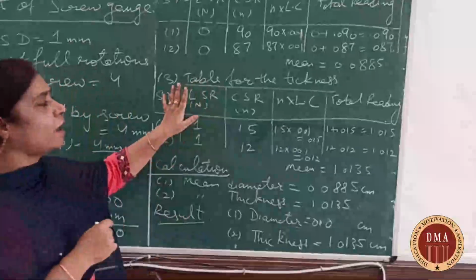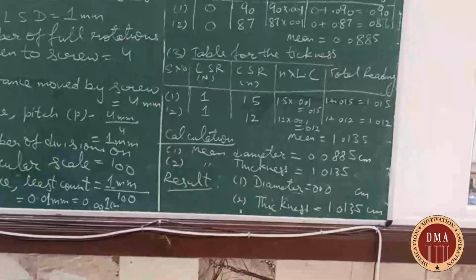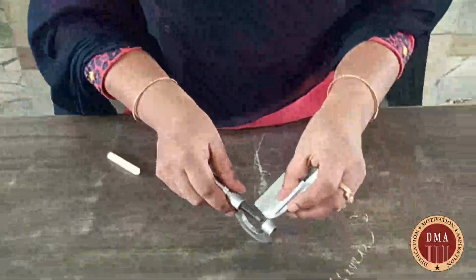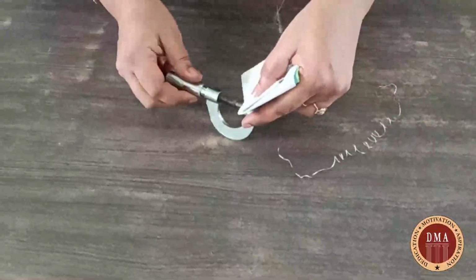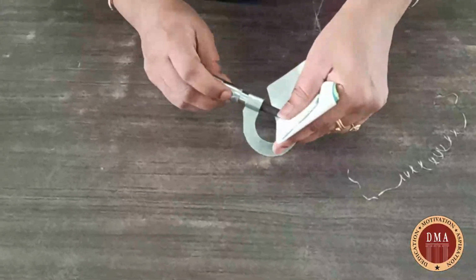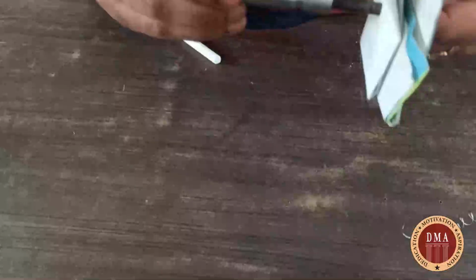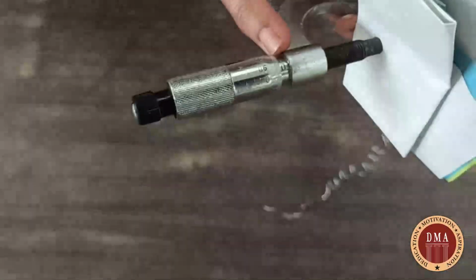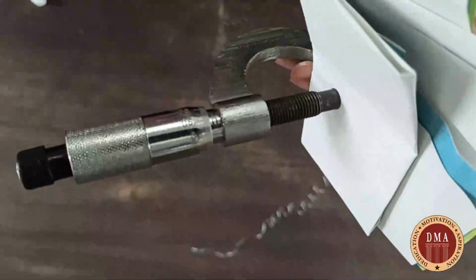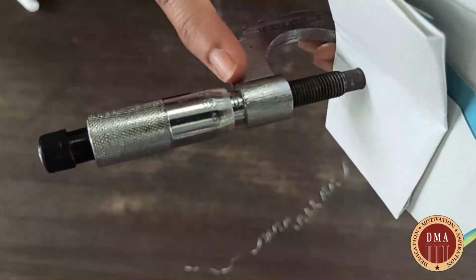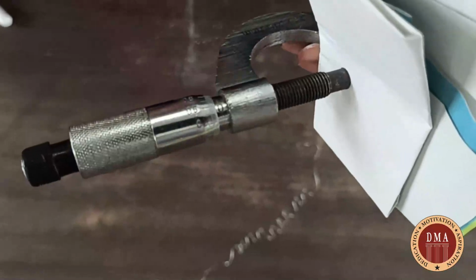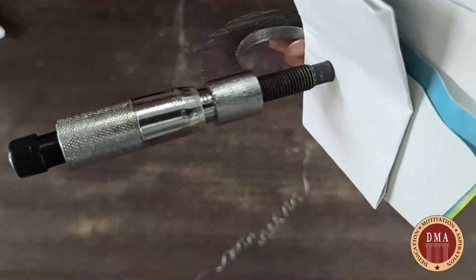In the same way, we have to obtain the thickness of this paper sheet. Now I am holding this paper sheet in this screw gauge. We will hold it like this. Now look at the main scale here. After 0, 1 is visible. So the main scale reading will be considered as 1, because after 0, line 1 is visible, which is the reading 1 of the main scale.